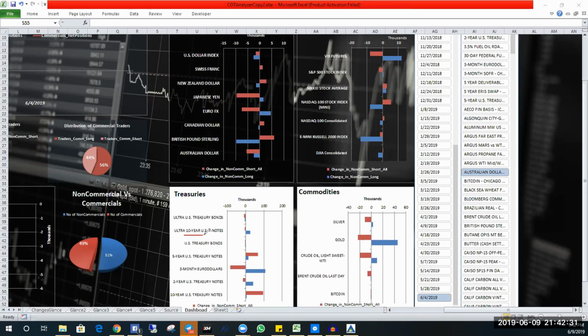You can see the 10-year notes, bullish, long contracts added for the week. US Treasury bonds, not significant activities there. The 5-year US Treasury, more short contracts, as well as a bit of long contracts added. The 3 months Eurodollar bond is also very bullish. We'll be watching that too. The 2-year US Treasury notes is also bullish this week. The 10-year Treasury notes, more short contracts and a more bearish outlook to that.